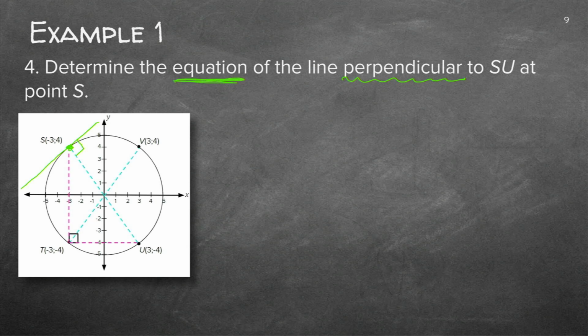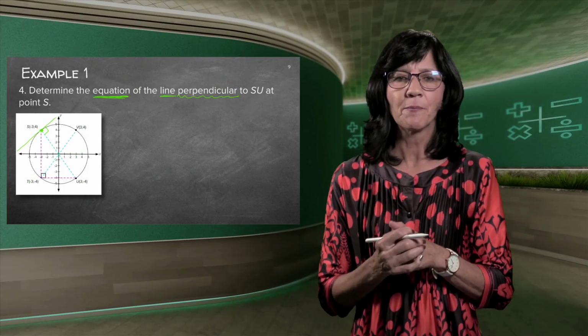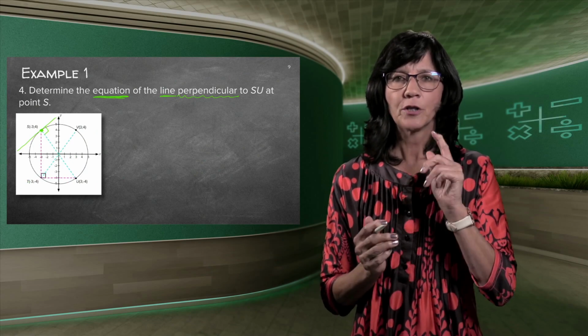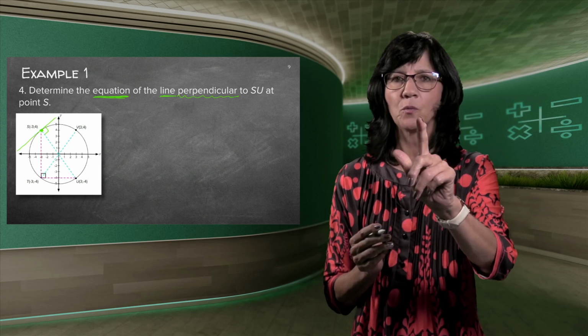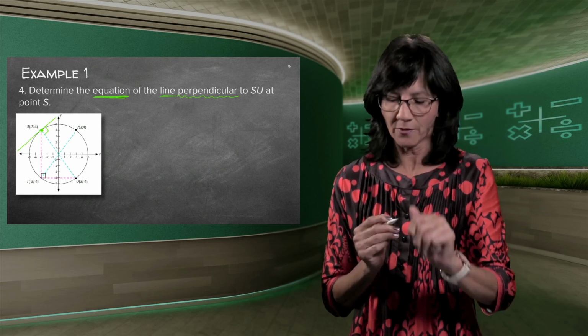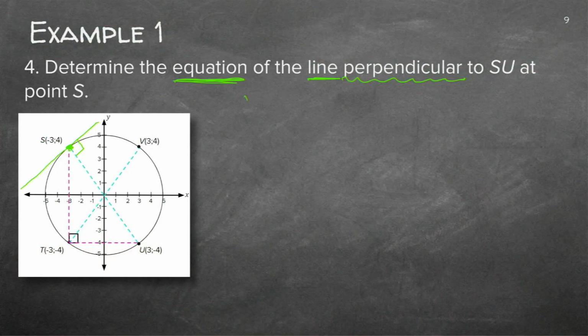Now remember, determine the equation means I must write down a formula. What type of a formula? Of a line. Now there's 2 types. So before I carry on, I'm going to just check which one of the 2 am I going to use. But they told me something about perpendicular. What do you know about perpendicular? The minute you read a word that you know a formula for, you write down that formula. That formula is that M1 times M2 is equal to minus 1.